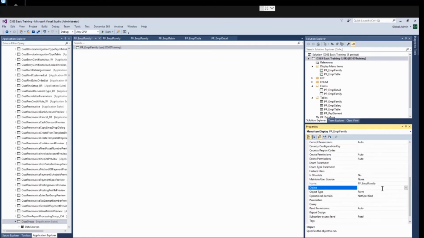Check property to MPL family. So I have attached the form which I just created in this menu item.